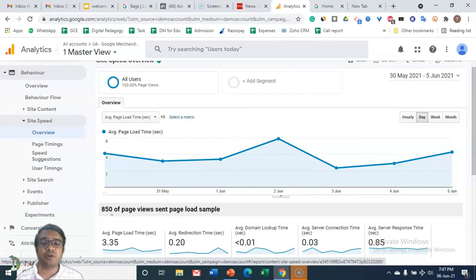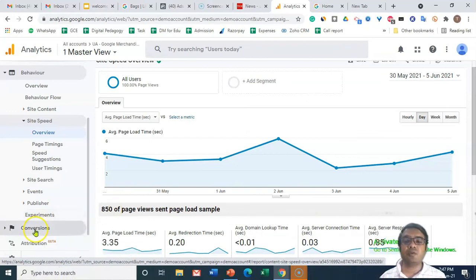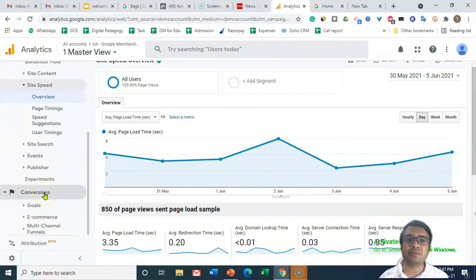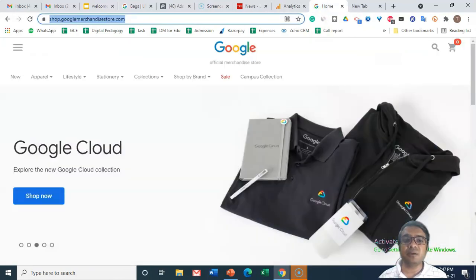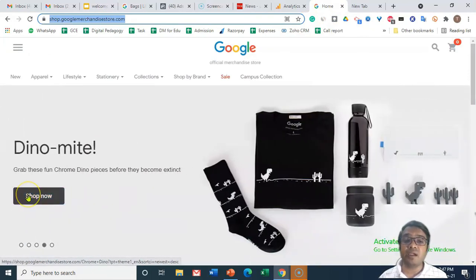Now I will have something more, which is called conversion. What I'll do, I'll just put up my video on this site, and now we can go to conversion. What is conversion? Conversion means, for example, every website has some goal. For example, this merchandise website has a goal of how many people are buying directly from their website. That is their ultimate goal.